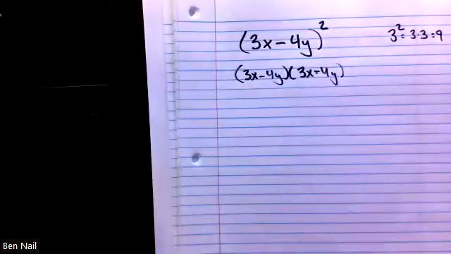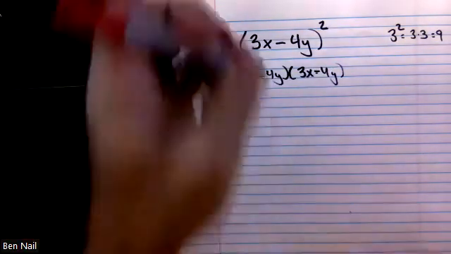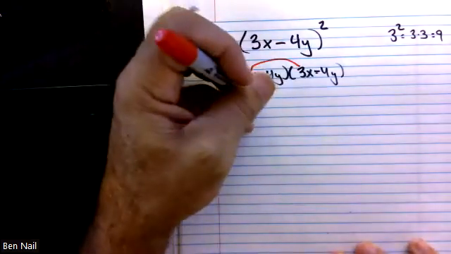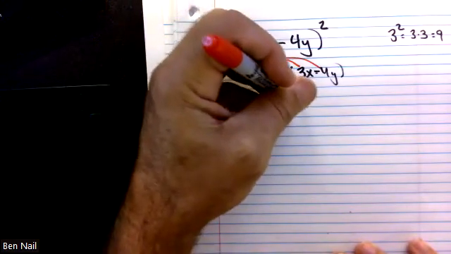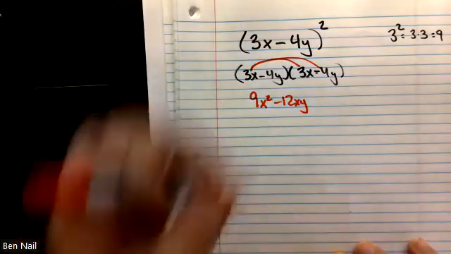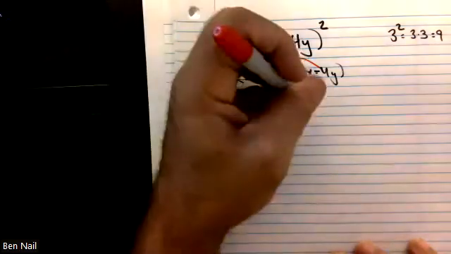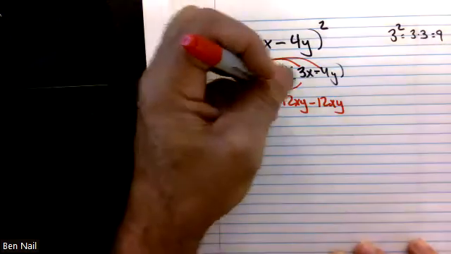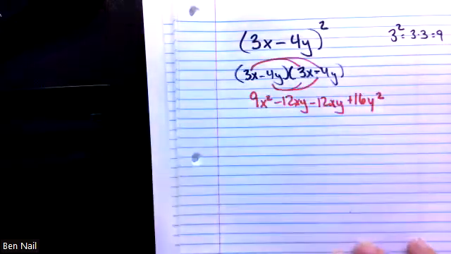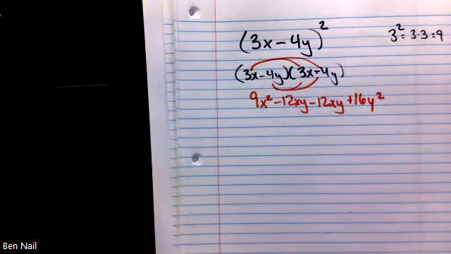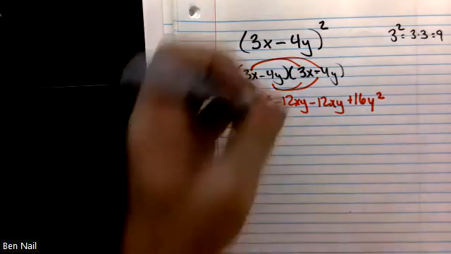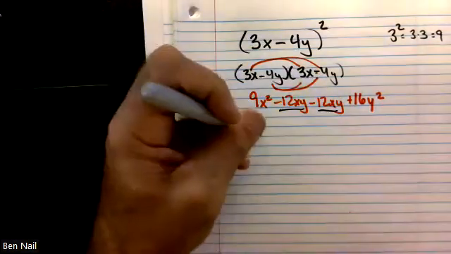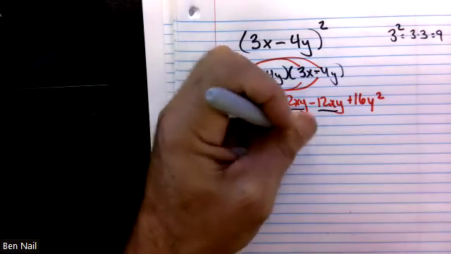So we got to distribute again. So 3x times 3x is 9x squared. 3x times negative 4y is a negative 12xy. Negative 4y times 3x is a negative 12xy, or yx, order doesn't matter. And negative 4y times negative 4y is a positive 16y squared. Again, we've got some like terms to combine. So we end up with